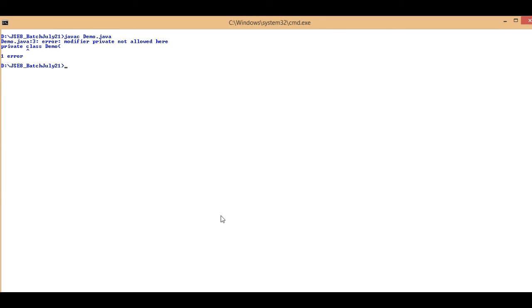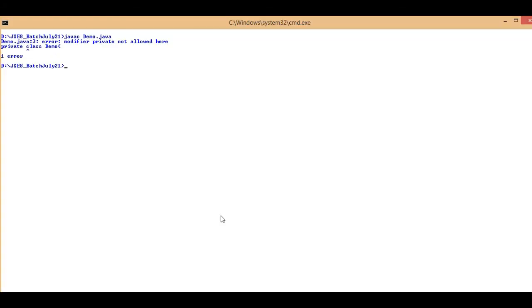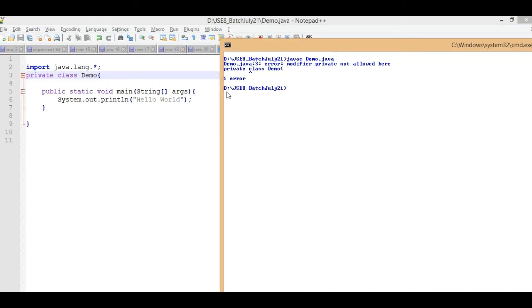Modifier private not allowed here, because if I give private here, then how will the JVM execute this, because this is not accessible to the JVM. So the compiler knows what I am doing wrong here. Got my point?